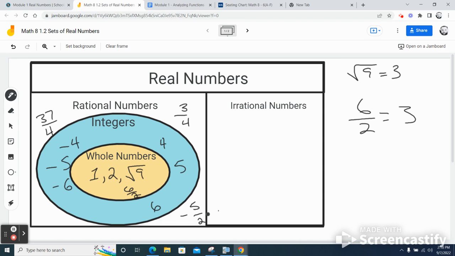Now, irrational numbers are usually things that are what we call non-terminating, non-repeating numbers, like pi. Pi is approximately,